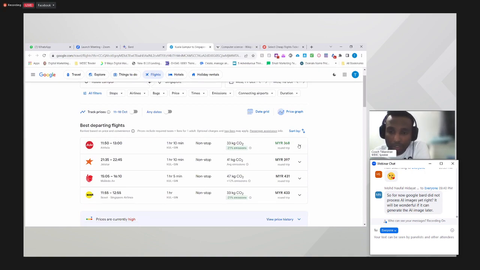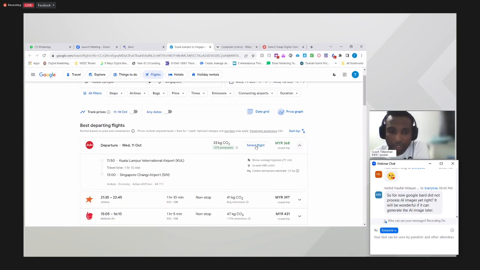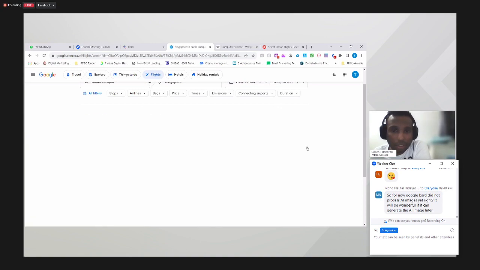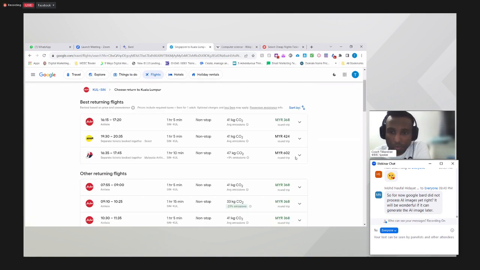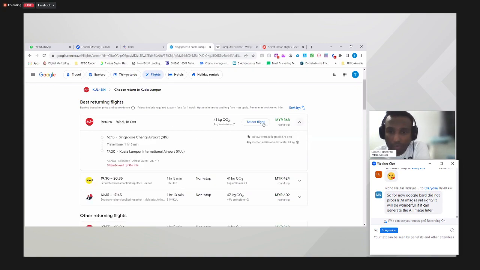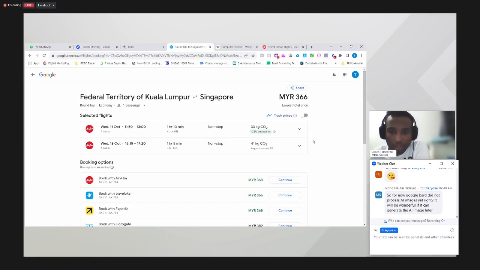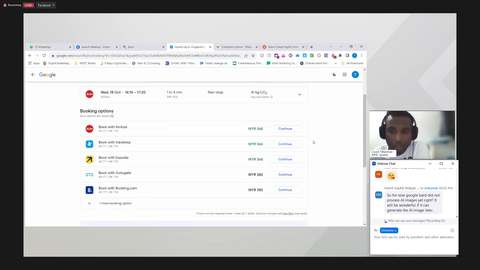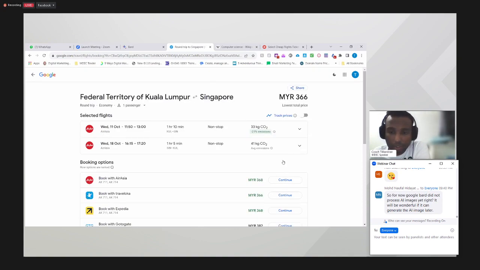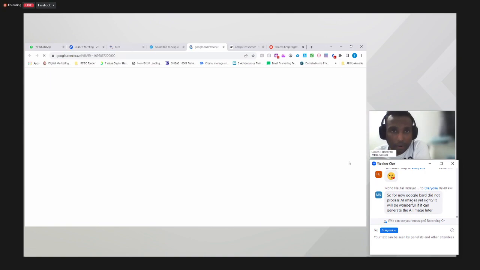So what happens is, if you want to go, select the flights. And boom, let's say I'm selecting this flight, select flights. That's it, and I'll just continue with it. So bila you guys go here, it should bring you to that price. You should get around that price.